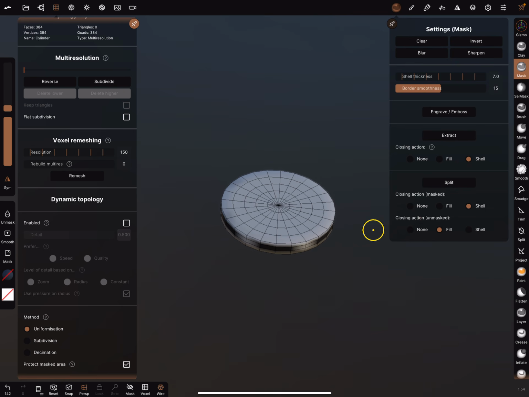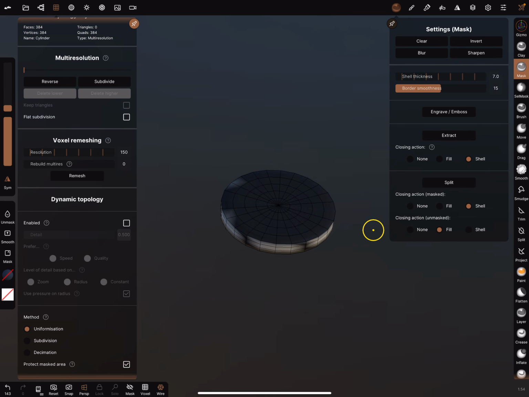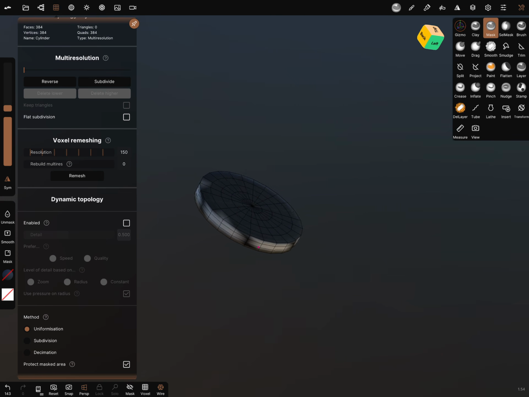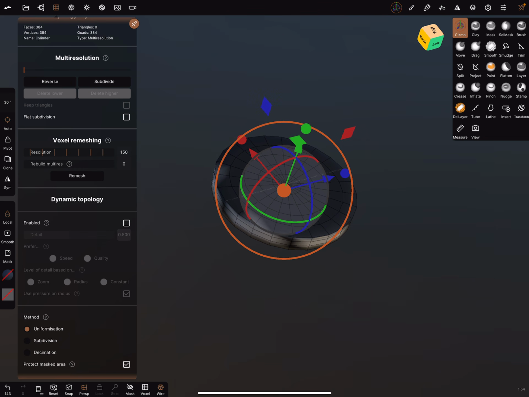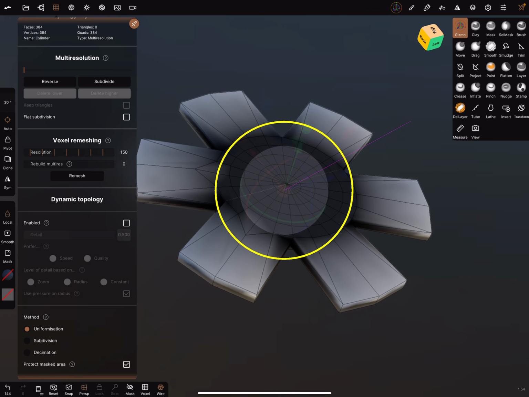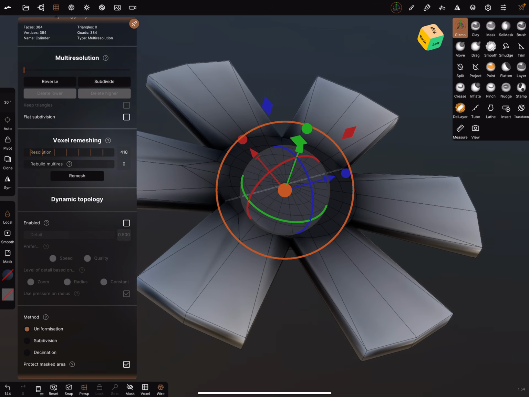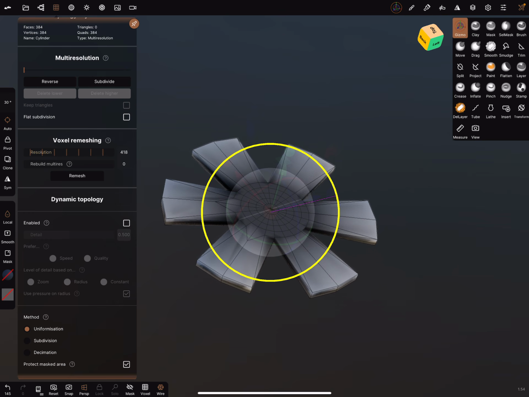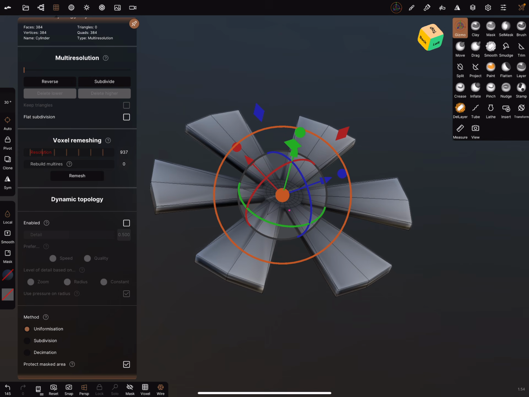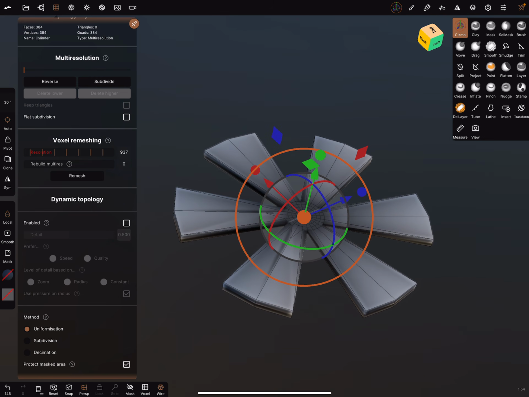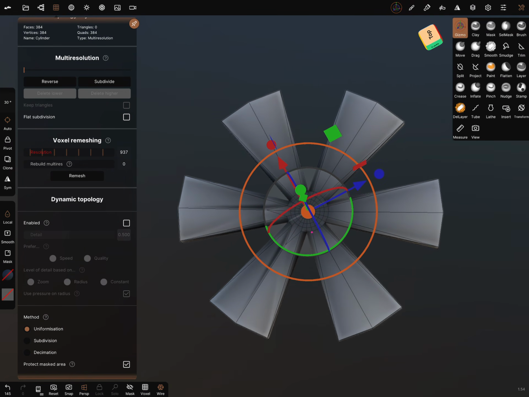We can go to the mask settings, invert the mask. Is there a problem? Because the mask is not really clear. Let's try it. No, I think the blades are okay. We can bring them out. This is a propeller with 6 blades. It's up to you how many blades you create.